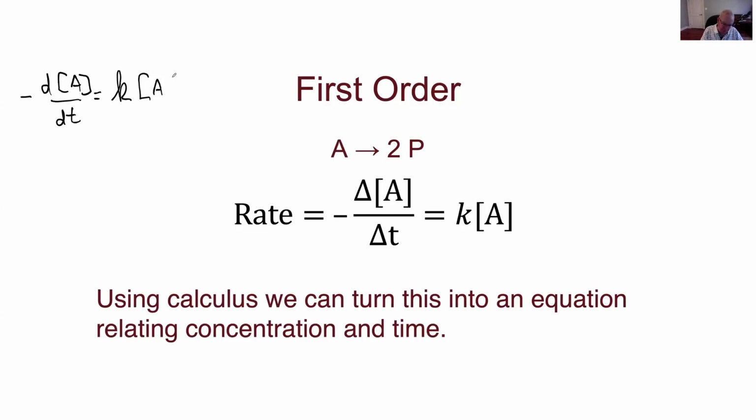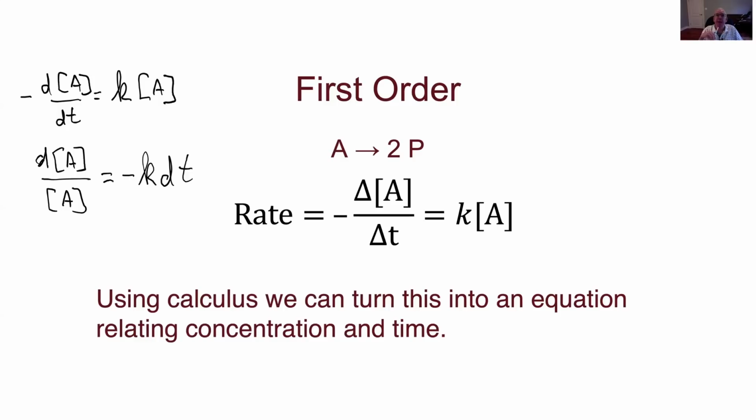Right, so I could do that. Then if I wanted to actually be able to integrate this, what I would do is separate the variables. That's the fancy way of saying it. I want to put the terms with A in them on one side and the terms without A on the other. So I'm going to make this d concentration of A over A is equal to minus k dt,